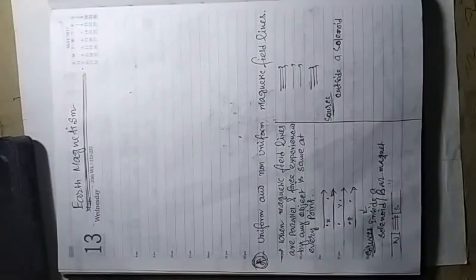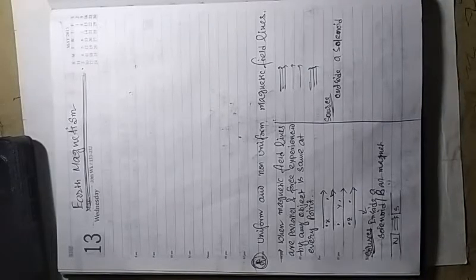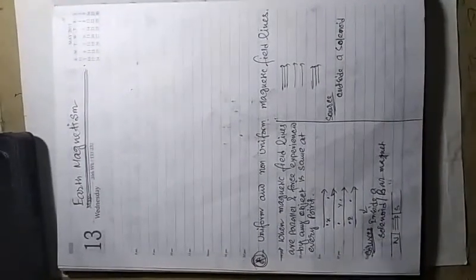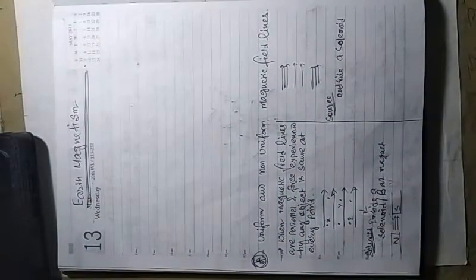What is earth magnetism, and then we will learn what are uniform and non-uniform magnetic field lines, then some orientations, meaning when a magnet is placed towards the earth's north pole, the magnetic north pole or the geographical north pole, or towards the south pole. What orientation will it show, and then neutral points. One by one, students, we will study. Before that, just once again let us recapitulate what is earth magnetism.